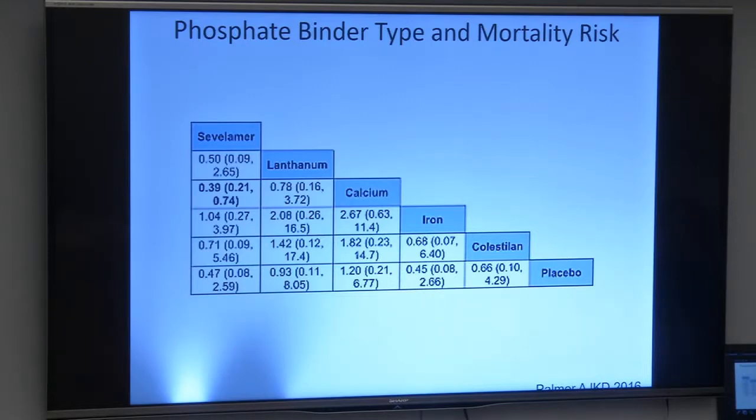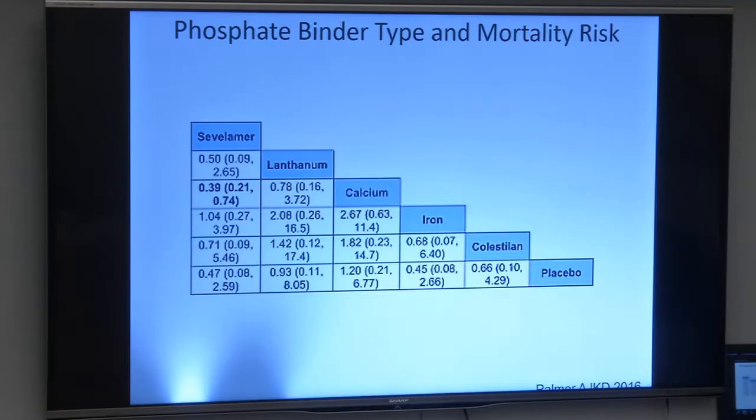Nephrology is a terrible field because we have the least number of randomized clinical trials of any medicine subspecialty. And we have a number of small little trials of phosphate binders comparing calcium to non-calcium containing phosphate binders. Some are positive, some are negative. And we have 3 large meta-analyses. The first meta-analysis showed a mortality benefit of about 20% for non-calcium containing phosphate binders. But the most recent meta-analysis that came out about 2 years ago